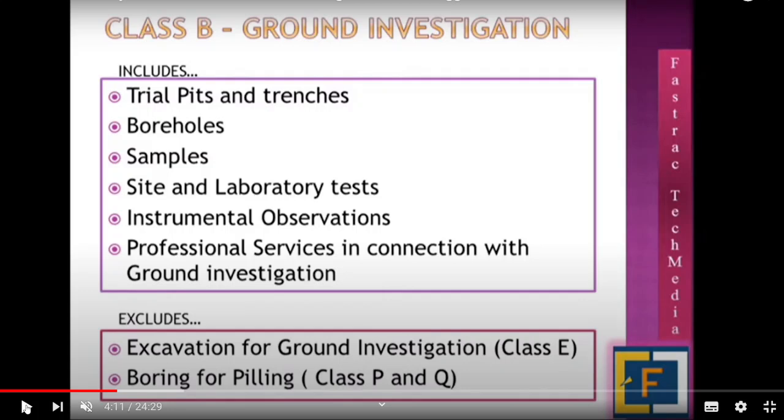Boreholes means soil test. Trial pit also soil test. We take different types of samples, disturbed samples, undisturbed samples. We do different types of tests, and sometimes we may take observations like the plate loading test,